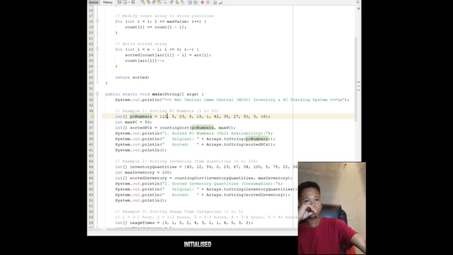We create an array of PC unit numbers and define the highest possible value, which is 50. Then we sort the array using our counting sort method. The System.out lines print both the original and sorted arrays.